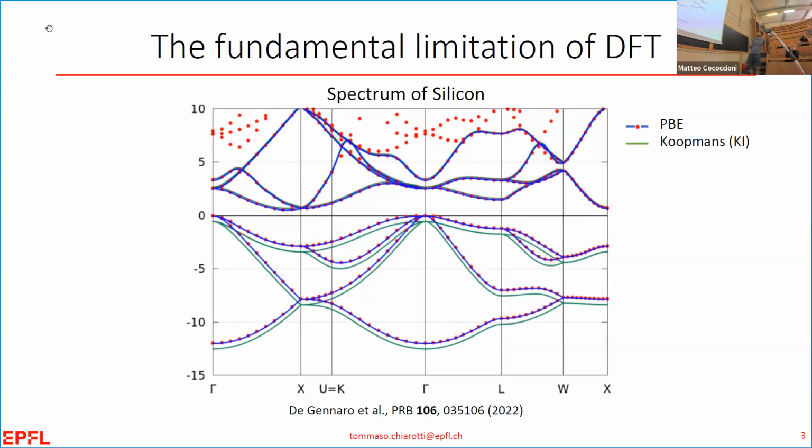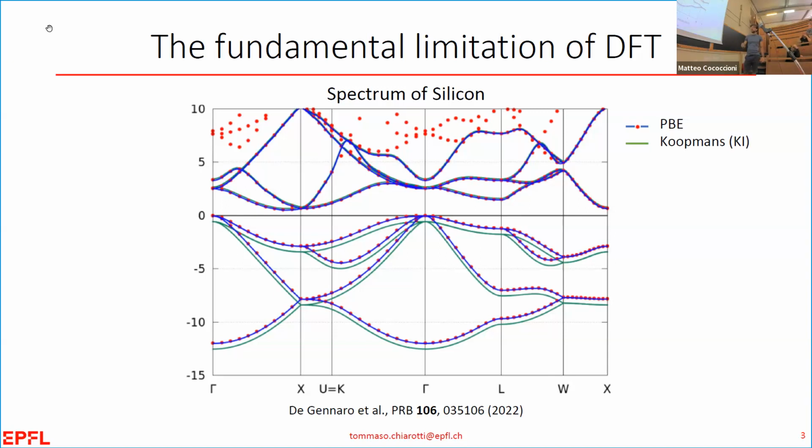This fundamental limit has to do with the spectrum. We are talking about Kohn-Sham DFT. I will not enter into the hard details, but this is the Kohn-Sham spectrum in blue for the simplest material possible, silicon, which is almost a free homogeneous electron gas near the Fermi level, as Nicola showed us. And you see the astonishing failure of density functional theory.